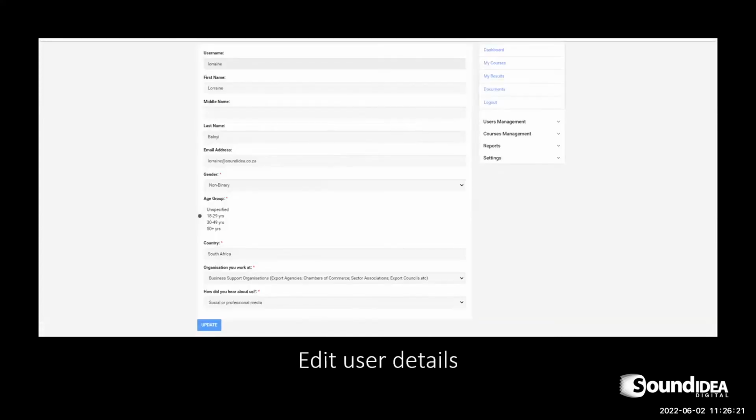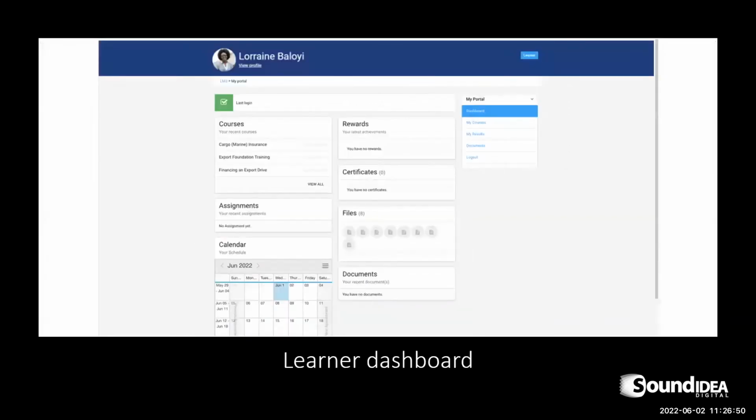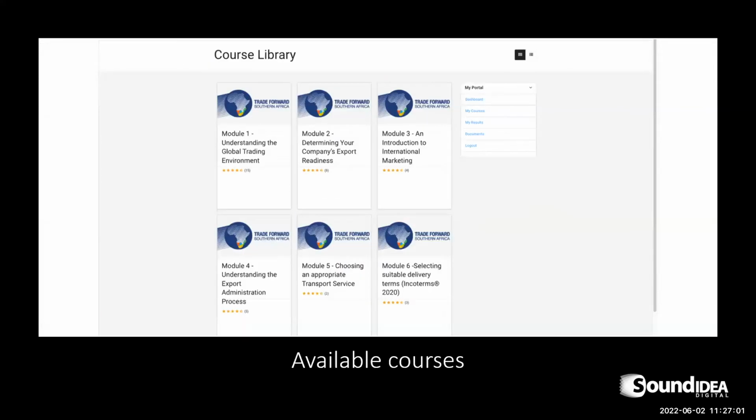Once you're in the actual LMS, you create your profile. Now, creating your profile doesn't mean giving your information away for us to move on to the next organization. It's really about creating a profile within the TFSA School of Exports and becoming a part of that community. We really use that information to tailor future learning interventions or future resources in general. Once you've created your profile, you'll then be accessing the TFSA School of Export dashboard, which is a holistic overview of the entire system. From there, you can navigate directly to the course library,